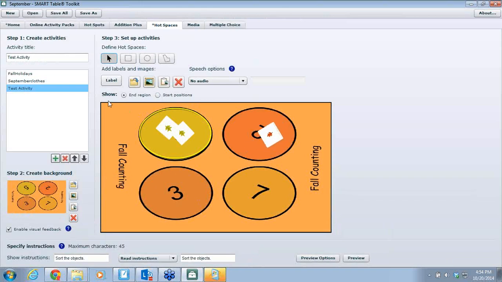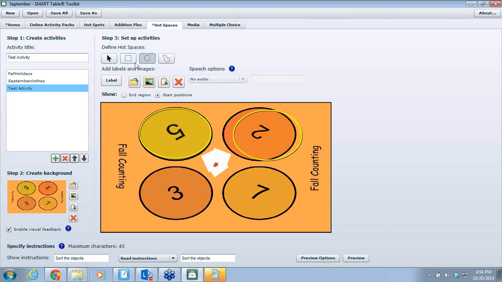The last thing I have to do is I have End region. So this is where everything would end. And then I have to tell it where I want them to start. Maybe I want them all to be in the center. So, okay. Hopefully that made a bit of sense. It's probably going really fast. But once you start these activities, it's just repetitive over and over. So I would have all of my hot spots here. So I could do this. And then I would have all 4 of these. Then when I preview it,